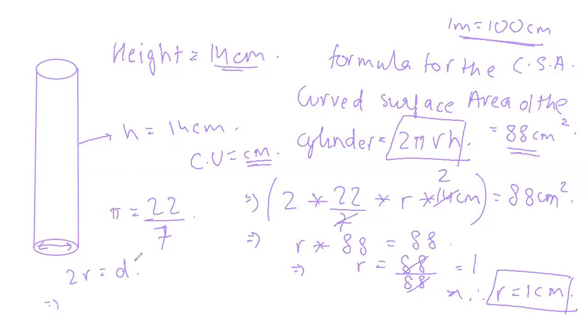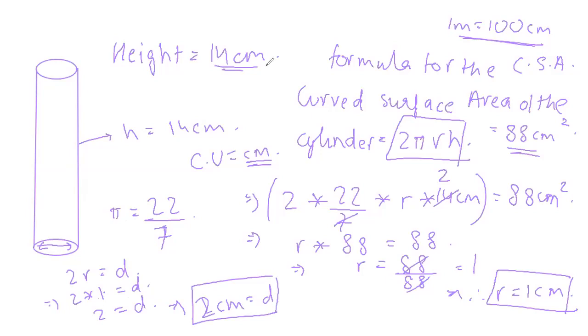And then we'll substitute the value. So r we have got as 1. So 2 into 1 is equal to d. So 2 into 1 is 2. So therefore 2 is equal to d. Again, this answer is wrong. Why? Because we have not inserted the units. The units only make the value completely meaningful. So 2 centimeters is equal to d. Boom, you've got your answer.